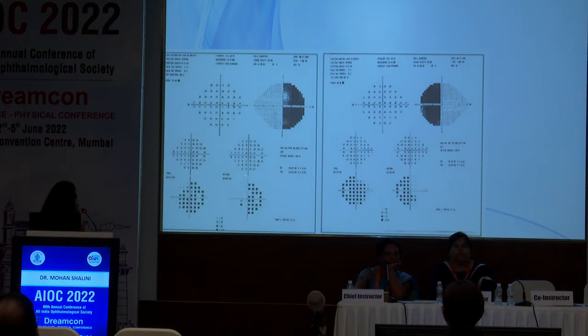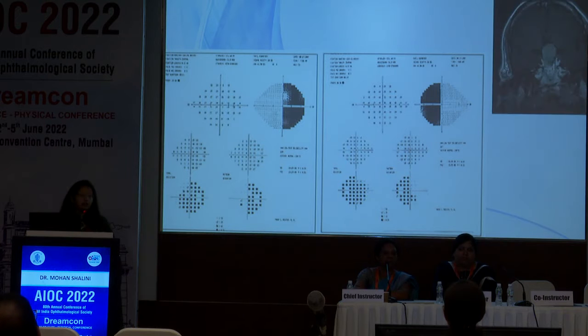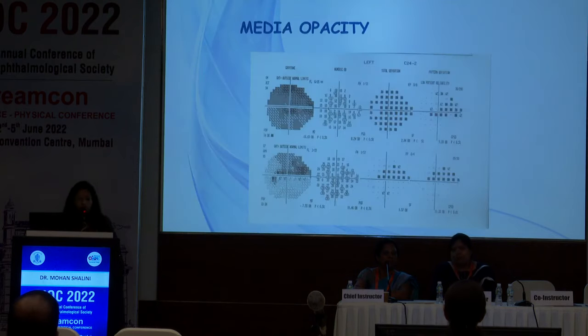We can see that this particular visual field is following the vertical meridian. And we can see there is a kind of homonymous hemianopia in both parts of the visual field. So even if a patient is glaucomatous, that doesn't mean that he might not have any neurological problem. Whenever you have a field defect respecting the vertical meridian, don't think about progression. It can be neurological. We did the imaging, and there was a pineal gland carcinoma, which was then taken up by the neurosurgeon.